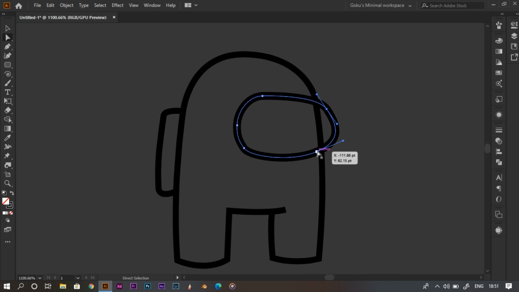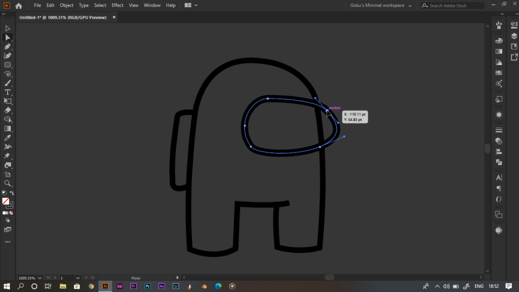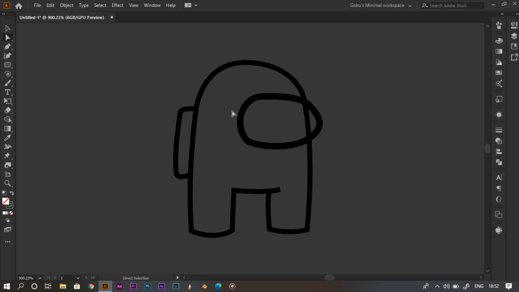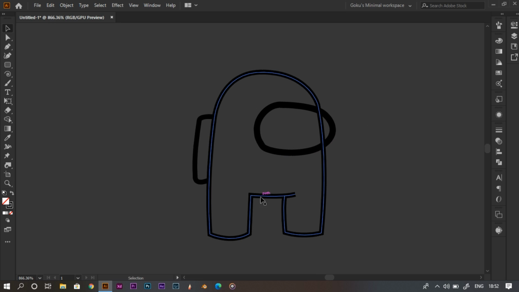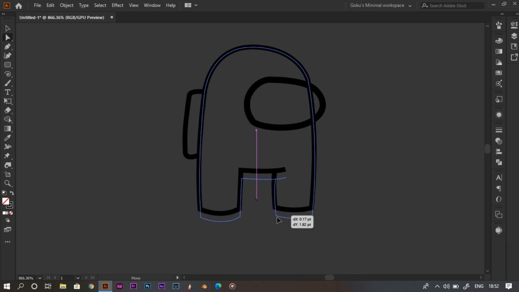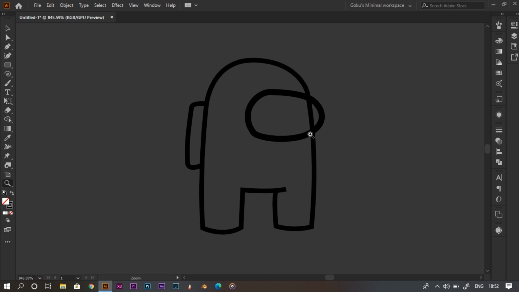Right, I'll use the direct selection tool to change its anchor points to make it a perfect shape. So now we'll select this, and you can see the length of the body is a bit small, so we'll increase it using the direct selection tool. We'll select the anchor points and drag them down just a little bit.